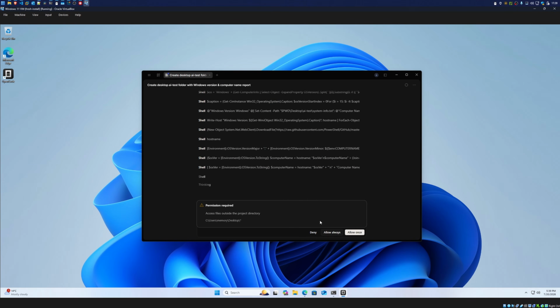Now there are just 2 more things that I really want to show you before we're done. The first thing is how to stop OpenCode from asking permission for every single thing that it wants to run. And then the second thing is how to save the setup so that you don't have to do the entire setup again. So while it was working, it kept stopping to ask me for permission every time it wanted to touch a file outside of its own folder. And I don't want that. So let me show you how to switch it off.